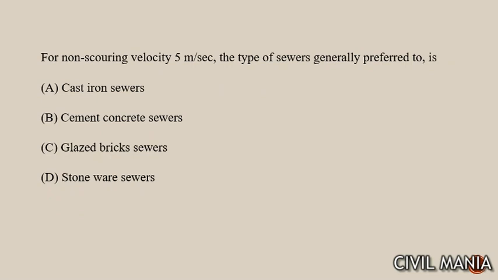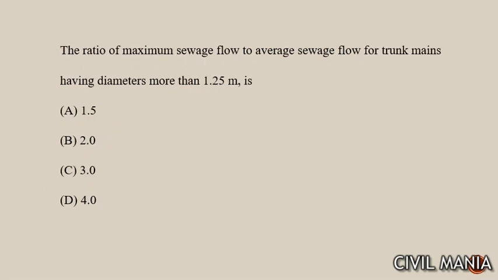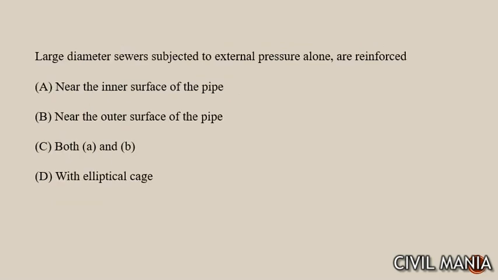In non-scouring velocity of 5 meter per second, the type of sewer generally preferred to is glazed brick sewers. The ratio of the maximum sewage flow to average sewage flow for trunk main having diameter more than 1.25 is 1.5. Next question is, large diameter sewer subjected to external pressure alone are reinforced